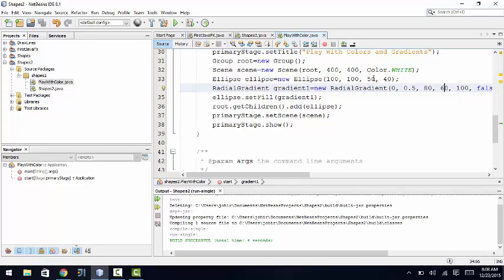Okay, radius x is 50, radius y is 40. So what has to be done? This 60 position, this 80 position, 100 to 80, this falls inside the